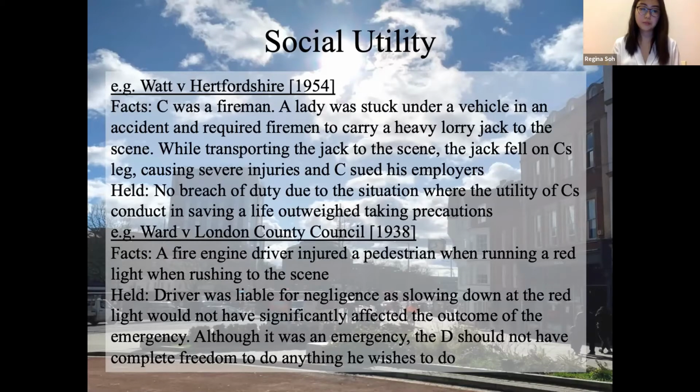And while he got injured, his employers were not in breach of their duty, because it was a very fast-happening situation, and the utility of the claimant's conduct, which was to move the heavy lorry jack to save a life, outweighed his employer taking any precautions, and that is how he got hurt. So as a result, his employers were not in breach of duty. And the second case would be Ward and London County Council. So in this case, similarly,